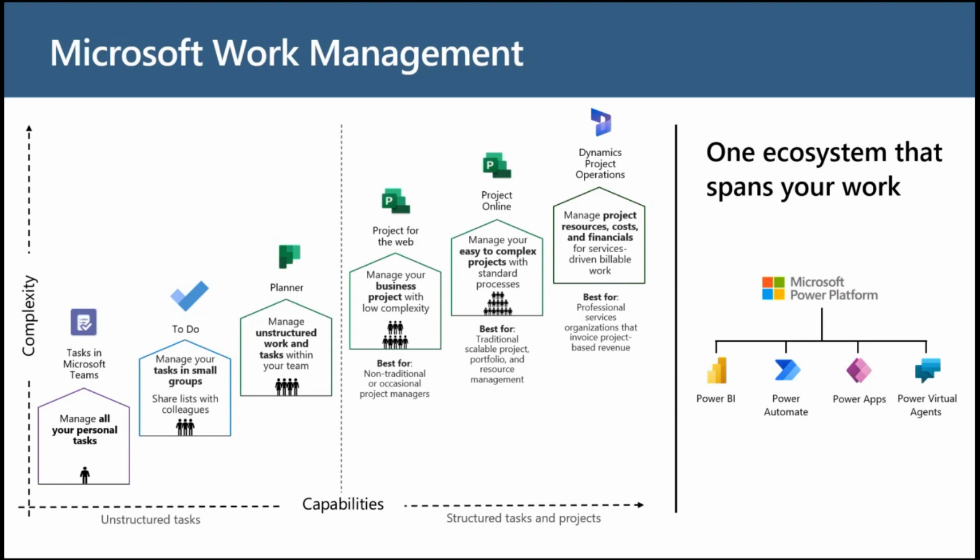We're invoicing project-based revenue, and we need to be able to do that. So we'll have things like resourcing, cost, and financials integrated with that. We're not going to speak on that today. Coming down, in another direction, Project Online, that's Microsoft's traditional